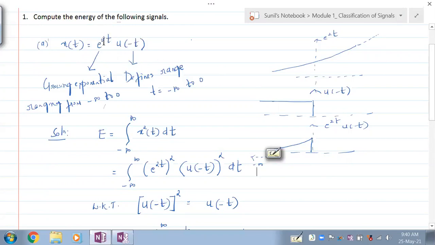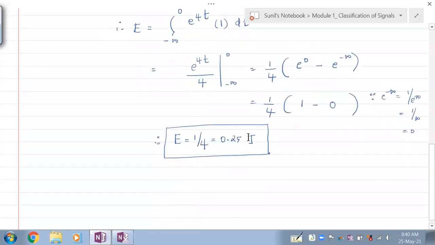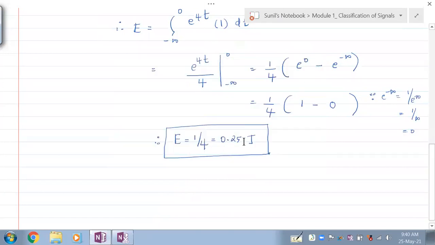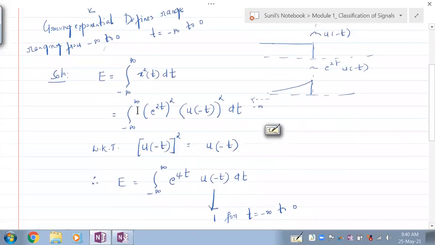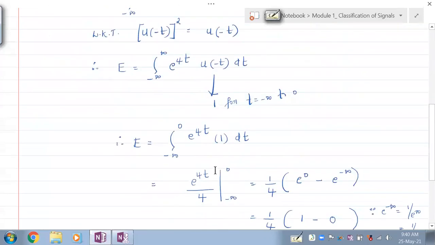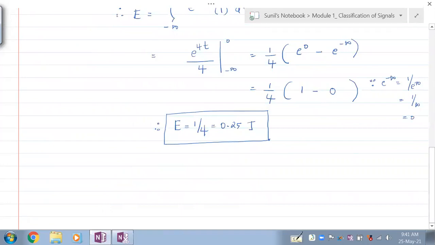We also have to see the signal that we are multiplying with this. Is that okay with you? So seeing this, it is very much understood that since E is finite number, the given signal is energy signal, but that analysis is not asked. But yes, we would be curious to know whether this is energy or power signal. Just by seeing this, we'll not be able to say. So you find out the energy. If energy is finite, then it is energy signal. That's it.